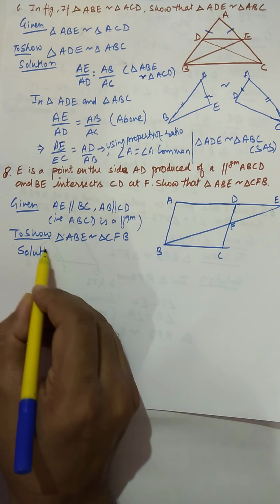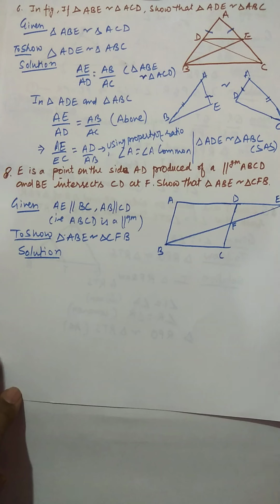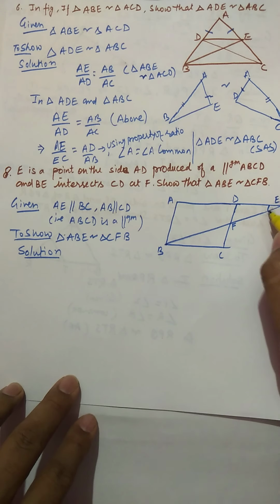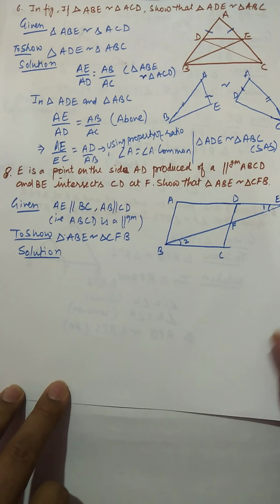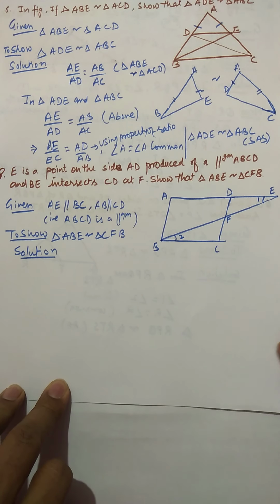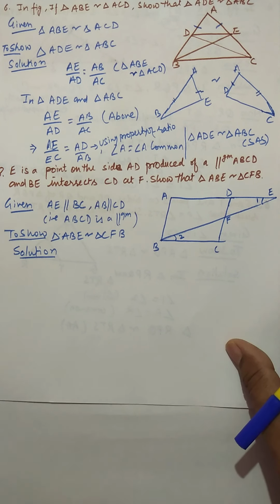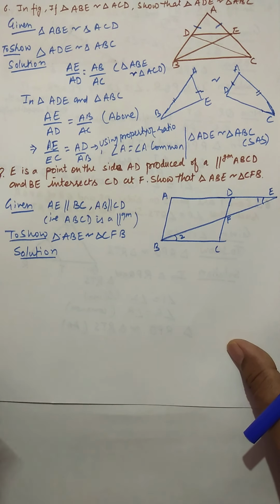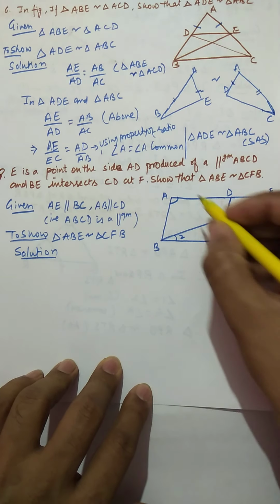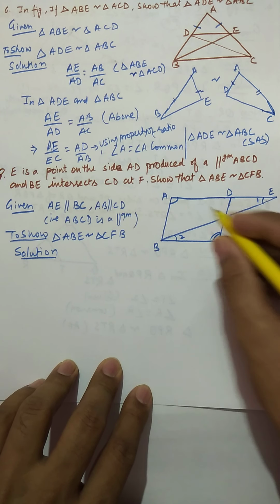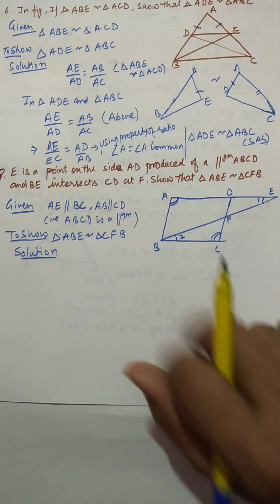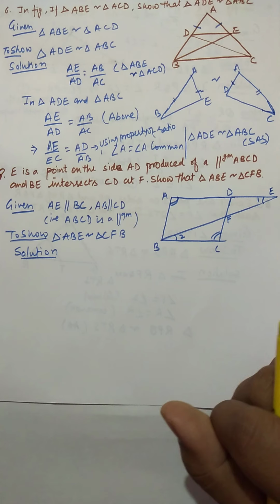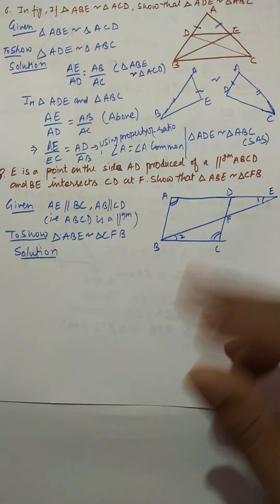This is very easy. How to do it, just look carefully once. Let's say this is angle 1 and this is angle 2. I think you can see this relation, that angle 1 and angle 2 are alternate angles, and angle A will be equal to angle C. In a parallelogram, opposite angles are equal. So you are getting two angles equal in two triangles. So you can say these two triangles are similar with the help of AA.